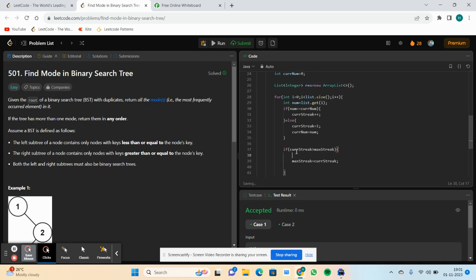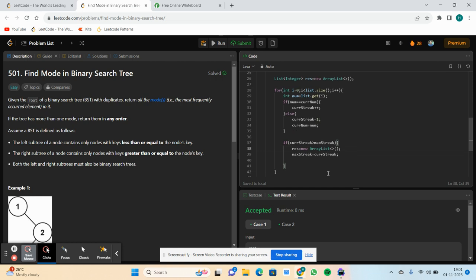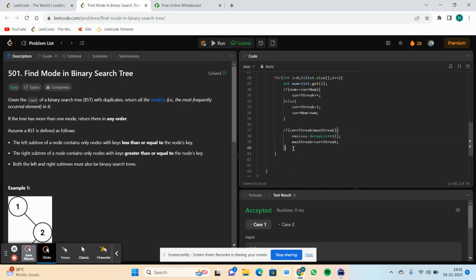So now I can create a new array list. This is equal to new array list, and then